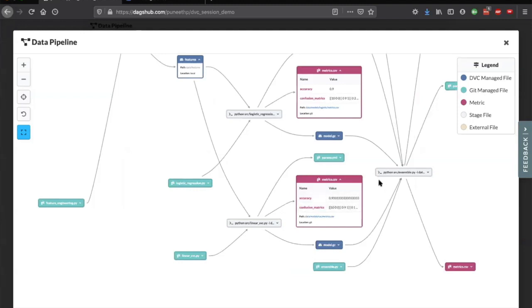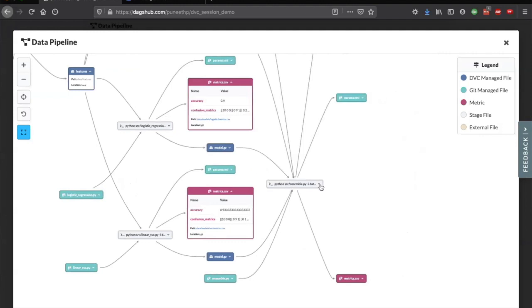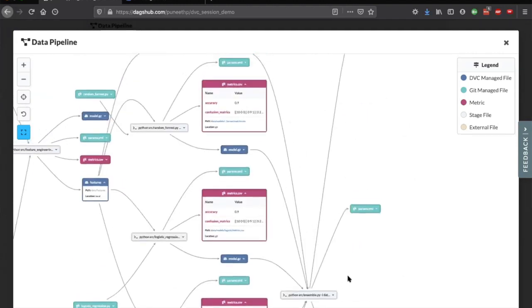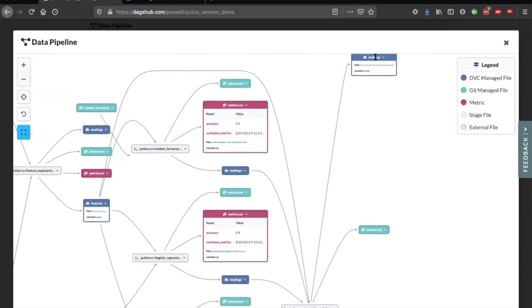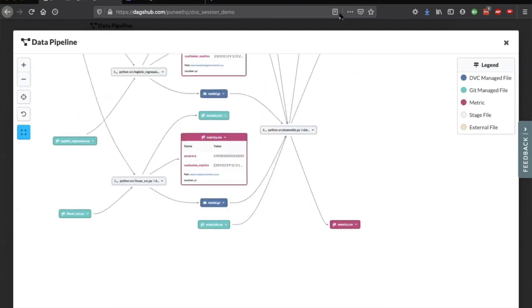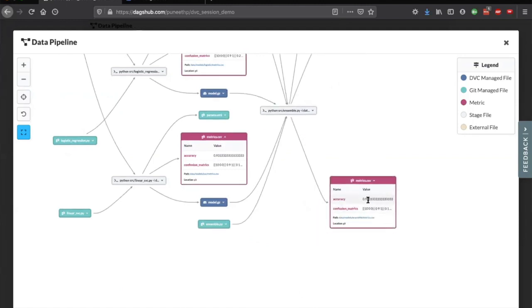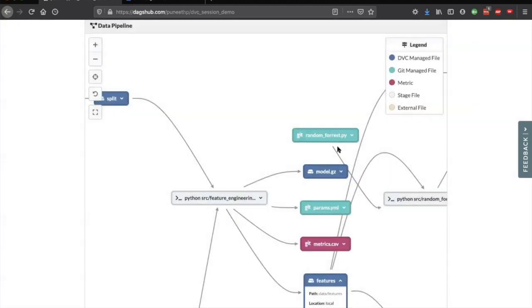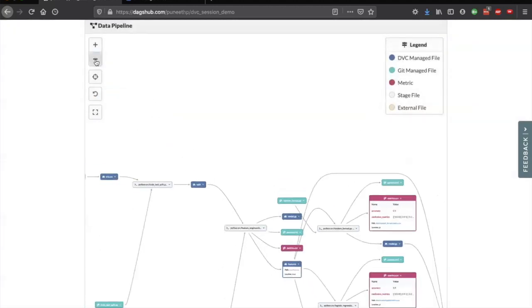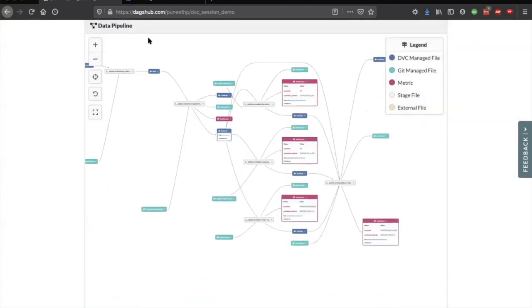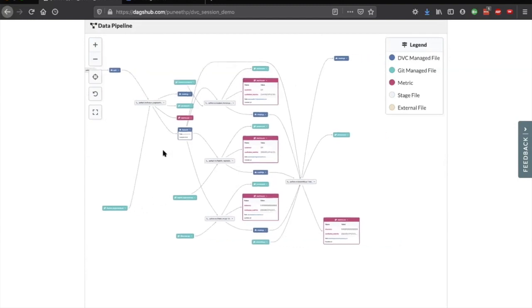And when you combine them together in an ensemble, it also produces model.gz. This is what you finally consume, and the metric is 0.93, and this is the confusion matrix. So this is how you can define one end-to-end ML flow.